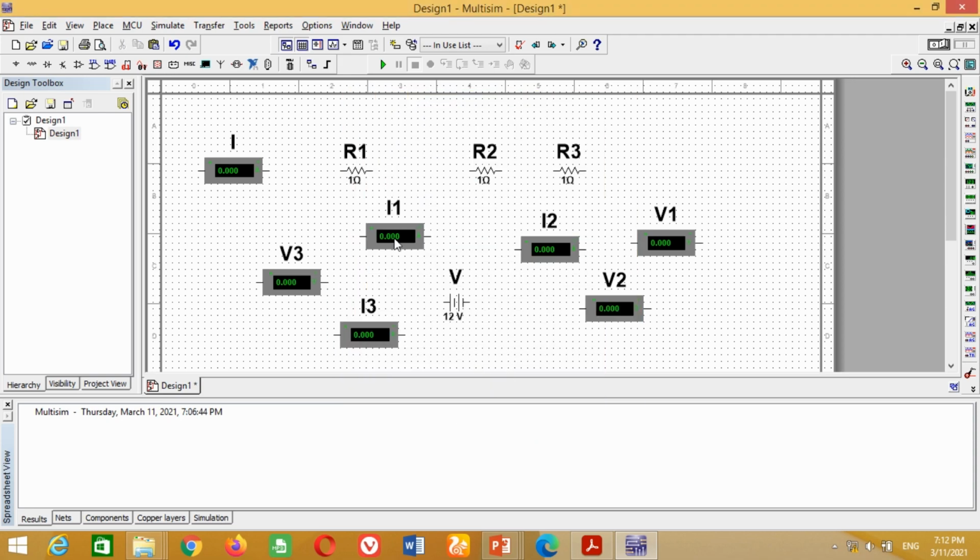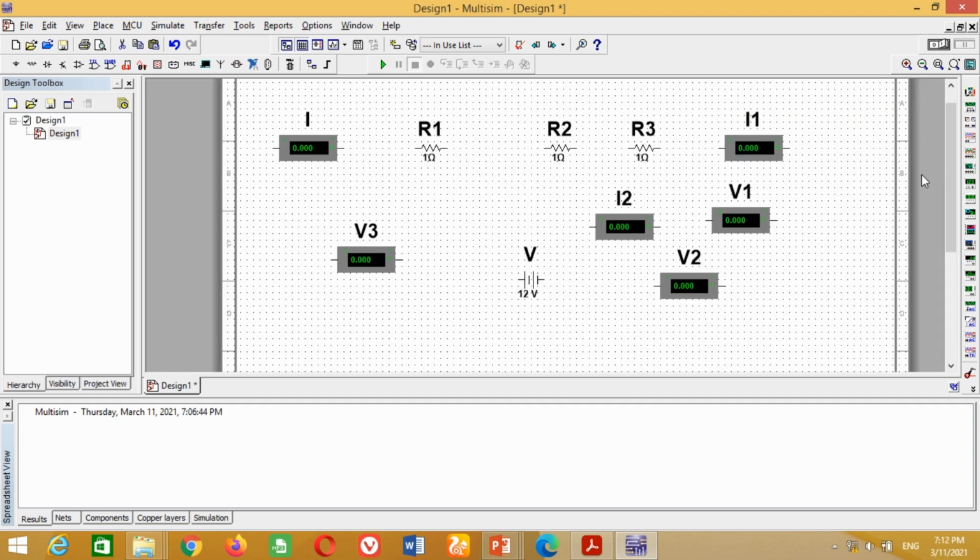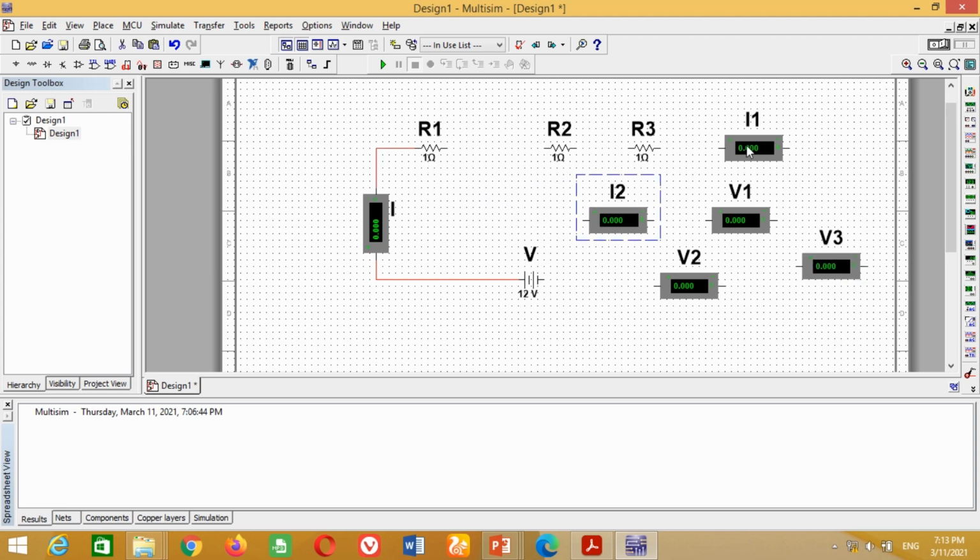Now we have to connect all these components in series connection. It may be noted that an ammeter is always connected in series to measure the current. Therefore, connect this battery with this ammeter. Now connect this ammeter with resistance R1. Again connect the ammeter I1 with resistors R1 and R2 in order to measure the current I1.